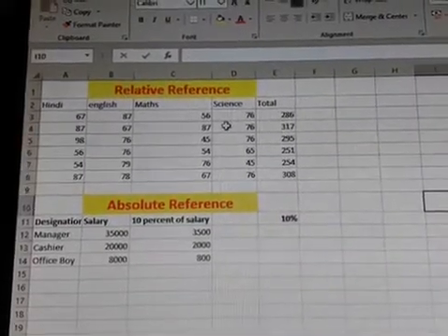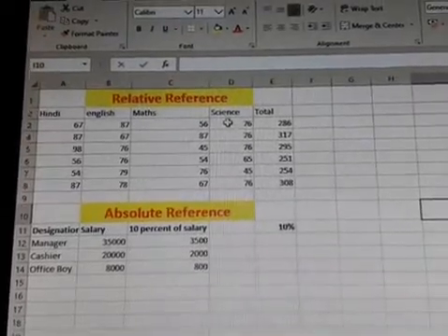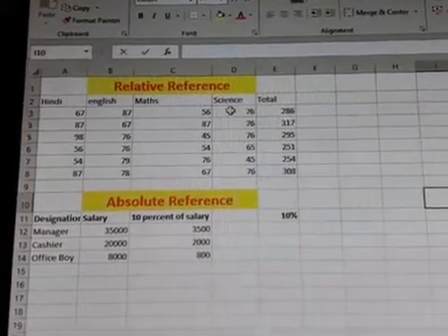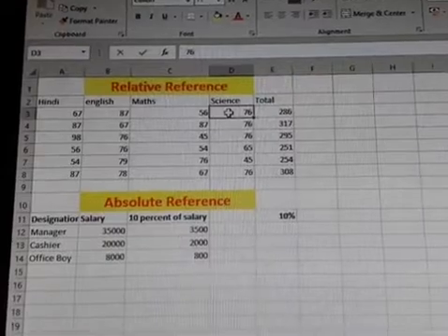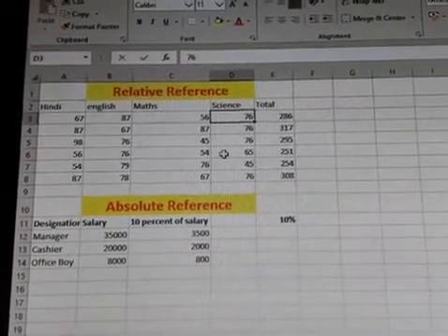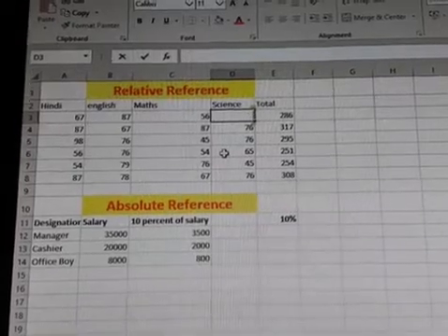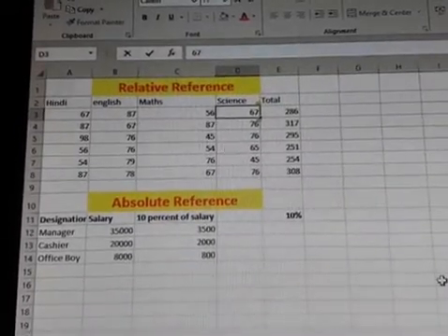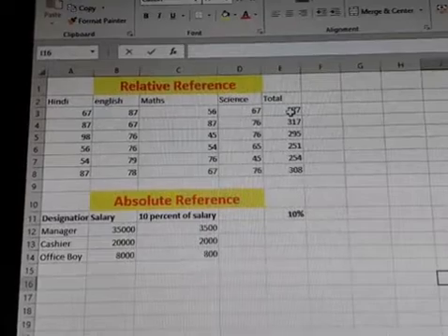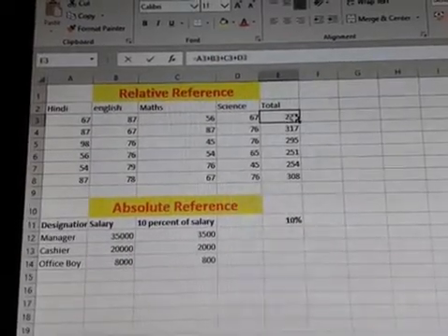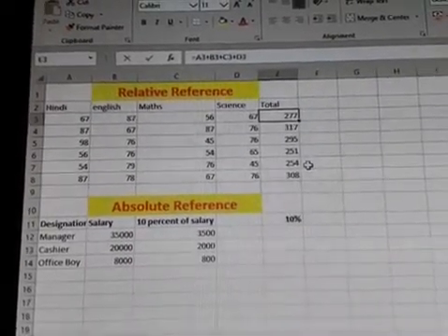Now the third way to change the cell content is by using the F2 key. See, click here, press the F2 key. It will be highlighted. See, the cursor is blinking over there, and I am going to change the mark. See, 67. And my total will also be changed. So this is the way to change the cell contents.